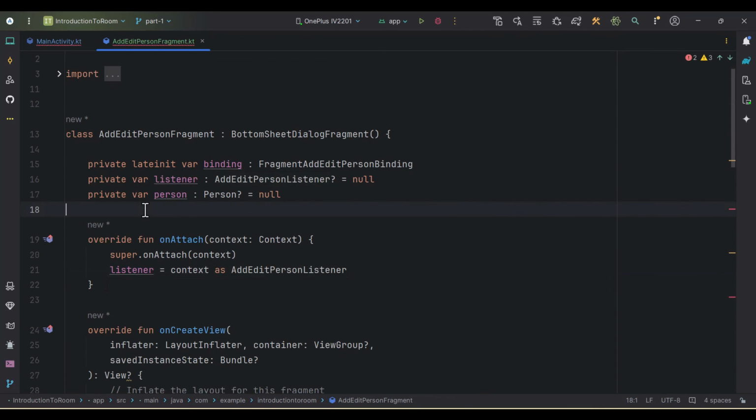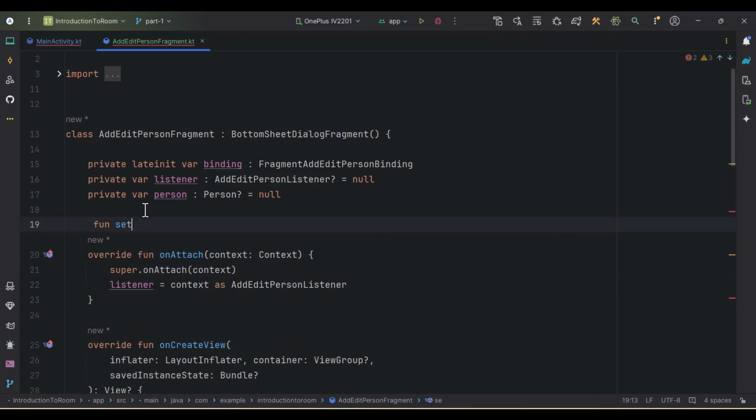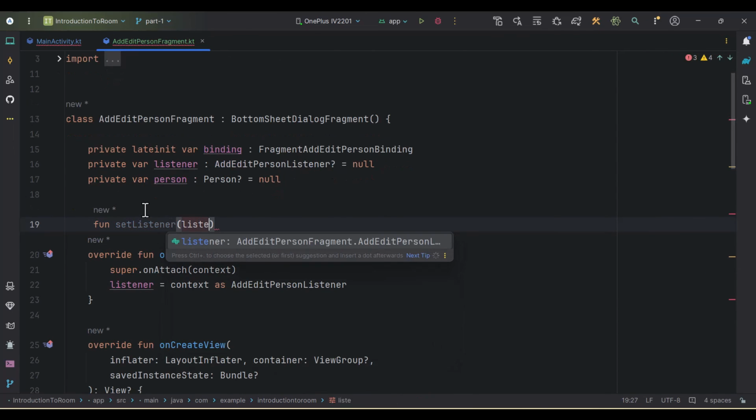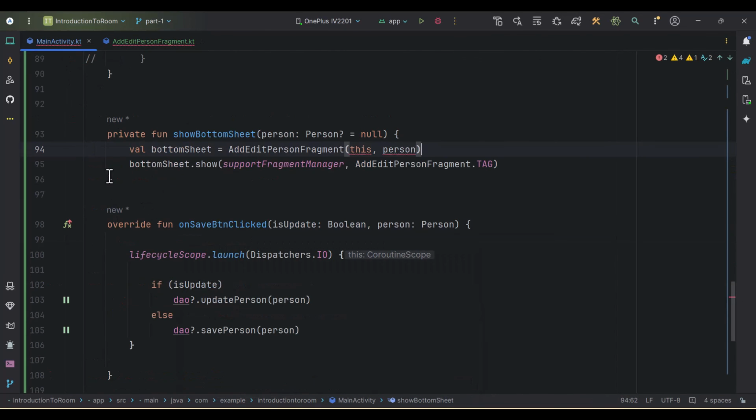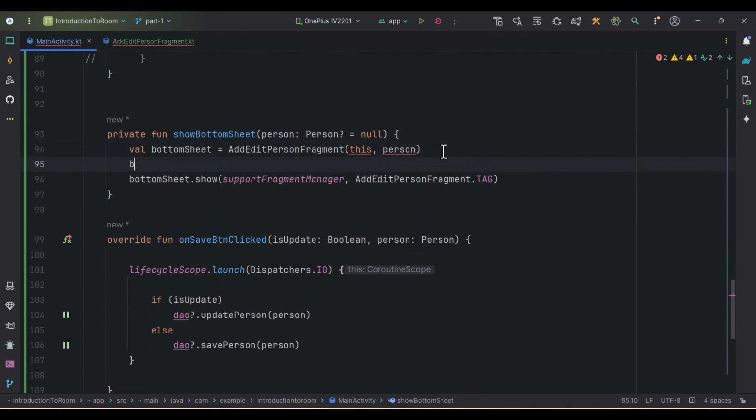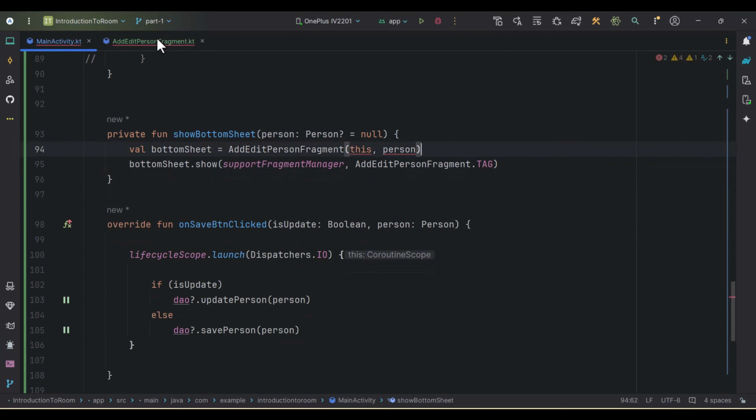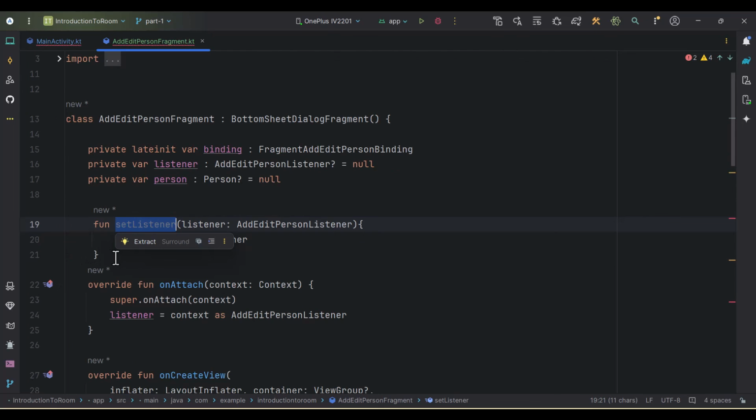Cool. So again we can just create one function, fun, let's say setListener, and in this function we can pass one listener of type AddEditPersonListener. Then we can call this listener equals to listener, and then we can call this setListener function in the MainActivity when we create the object of the AddPersonFragment, like bottomSheet.setListener, and we can pass this. Cool. So we can also do it this way, but what will happen when the configuration changes happen